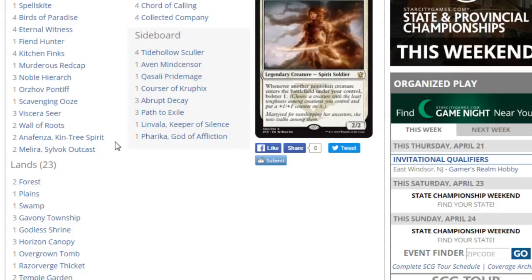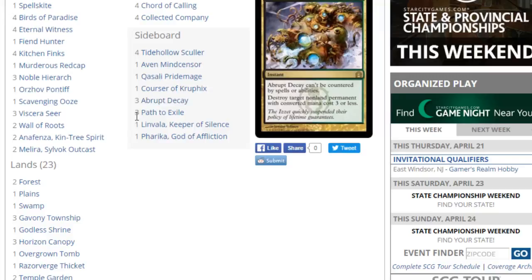His sideboard is quite different from the other lists. I will show them too, just to compare. Basically, he runs 3 Decays and 3 Paths, which is a lot, but all of these cards are very good and very flexible, so